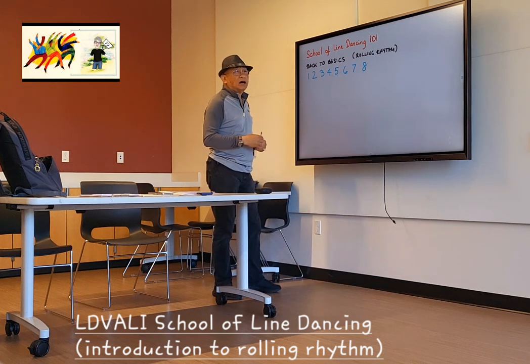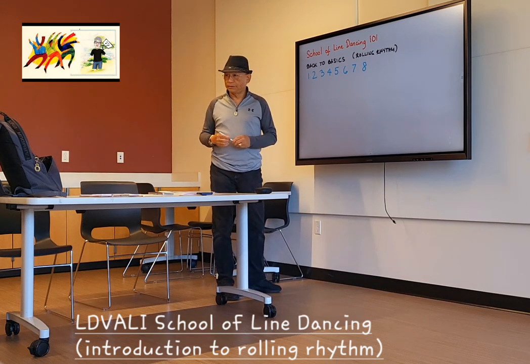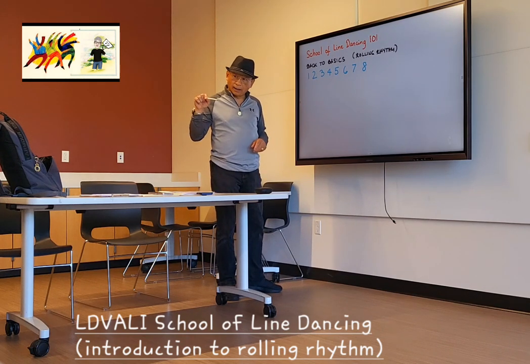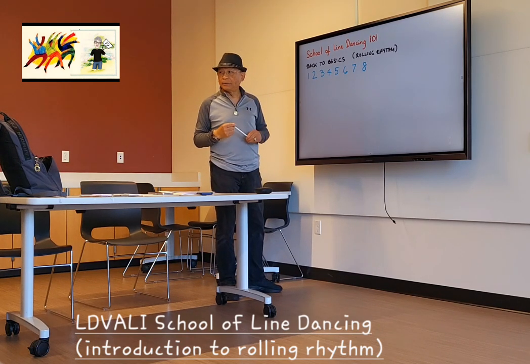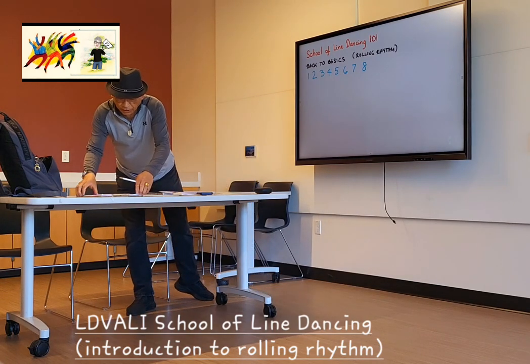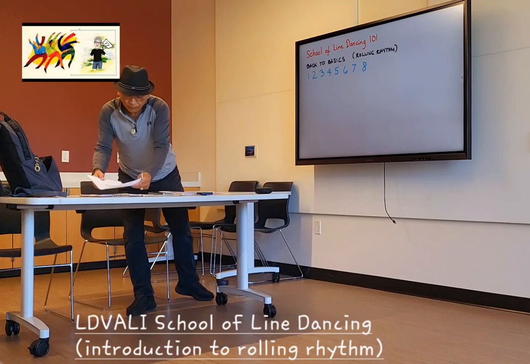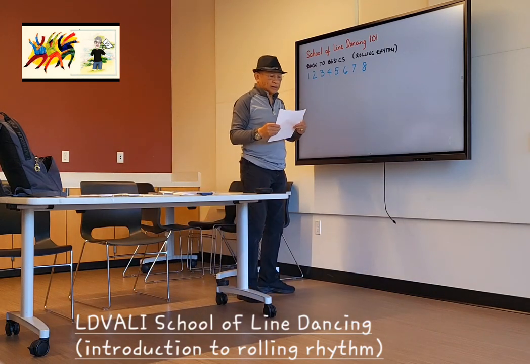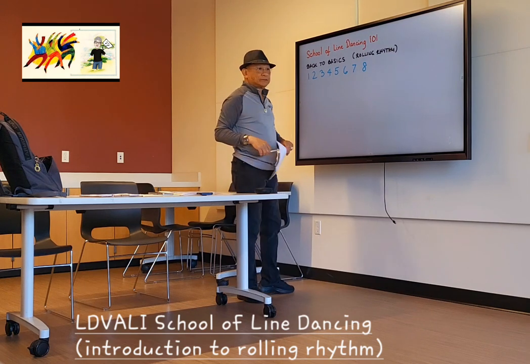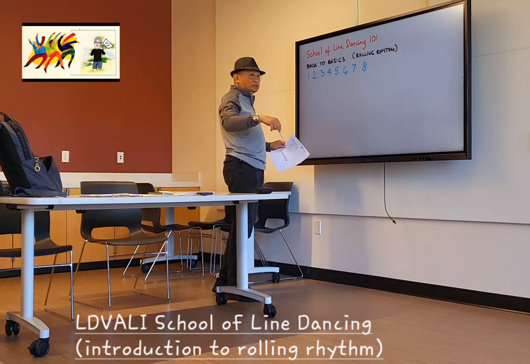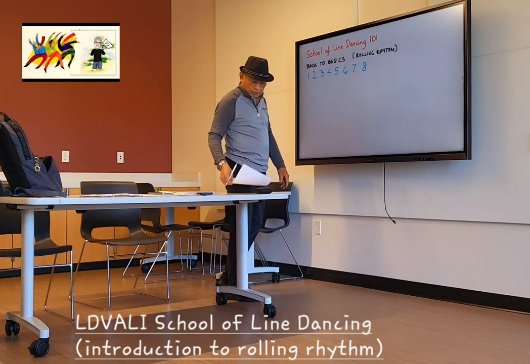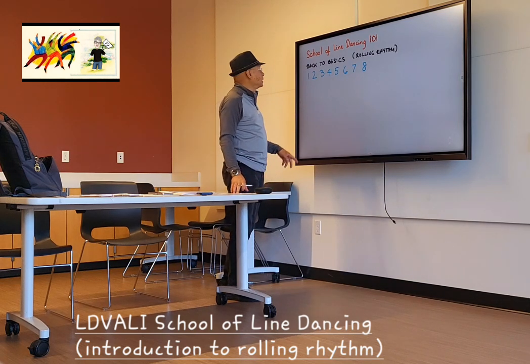So what is rolling rhythm? It's obviously used for slower music. And they say it's using the 1 and a, 2 and a timing, which is also present when she describes the step sheet. It says 1 and a, 2 and a timing is a Viennese waltz. So technically, they have combined Viennese waltz into line dancing. Again, non-existent during the early days of line dancing.